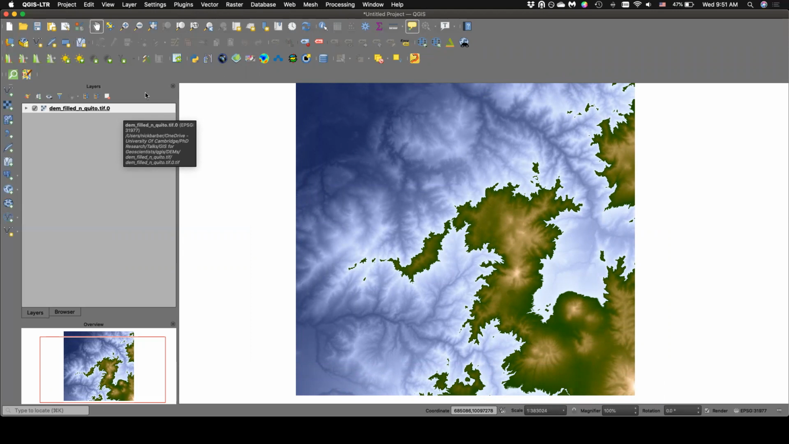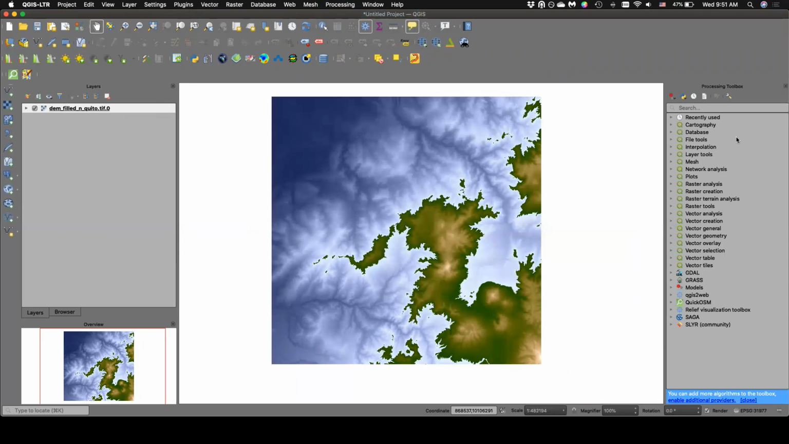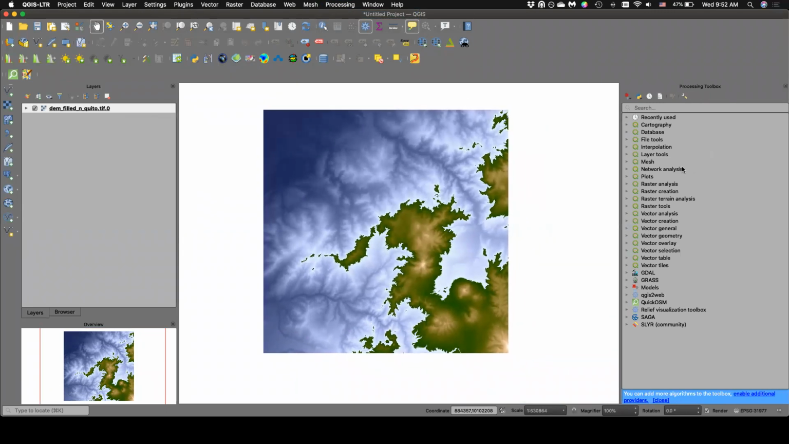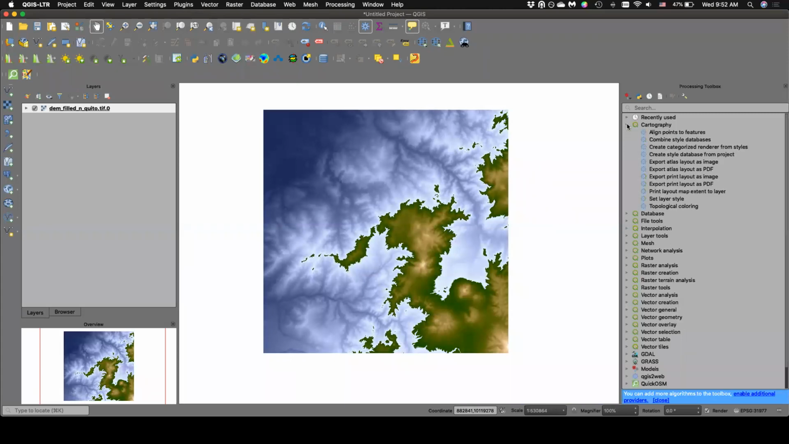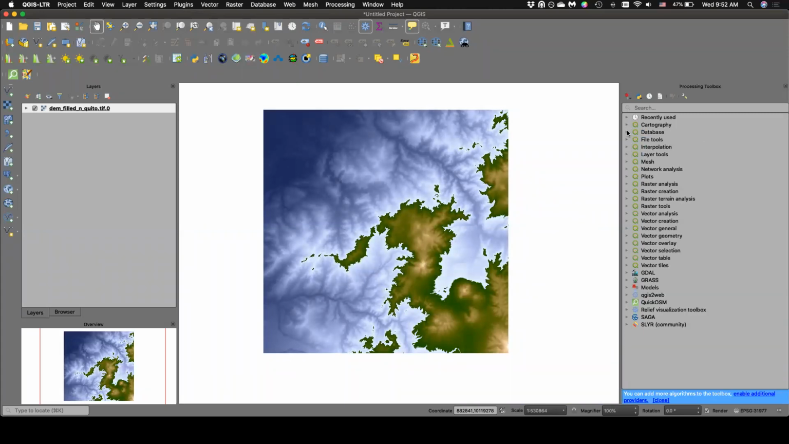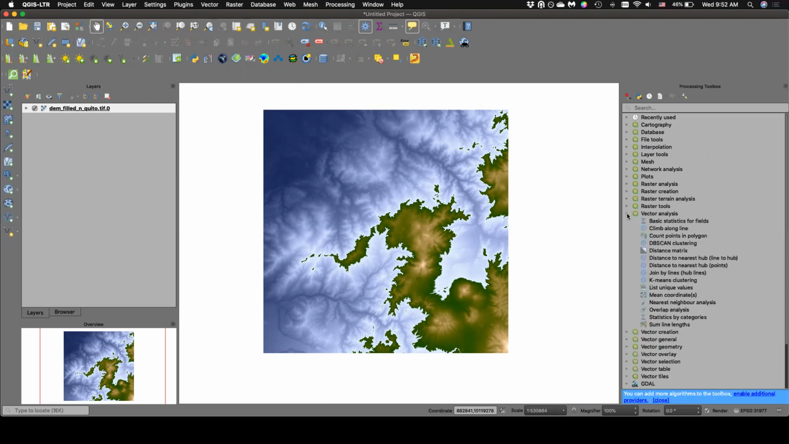The final bit I'll highlight for now, because we're going to be going through this in a lot more detail, is the processing toolbox. This is where your analytical side of your workflow is going to come into play. There are a lot of different tools available in the processing toolbox to manipulate data in all sorts of different ways. We're going to be working with quite a few of these tools as we go through the course, but I basically encourage you at this stage to explore this menu and start to familiarize yourself with some of the